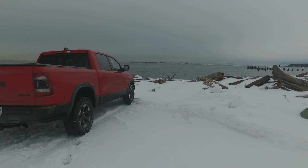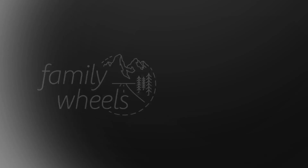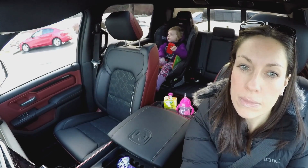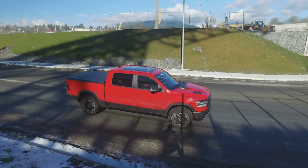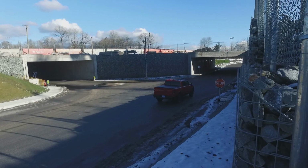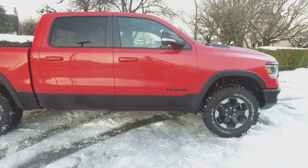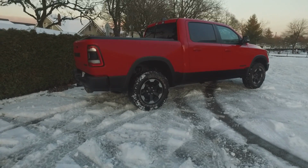I'm interested in it, and if you're looking at a Ram at all, it might be something you want to test out. As you might have expected, even without that e-Torque system, the Ram can tow, and it can tow a lot. Up to 5,144 kilograms, that's 11,340 pounds. So if you're the type of family that might want to drag around a trailer or a boat, you're not likely to have a problem here, and you can also put up to 835 kilos, that's 1,840 pounds